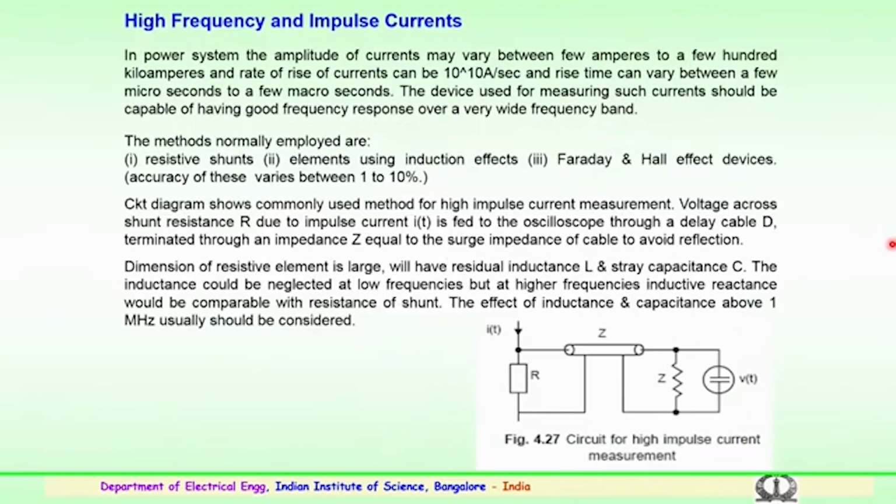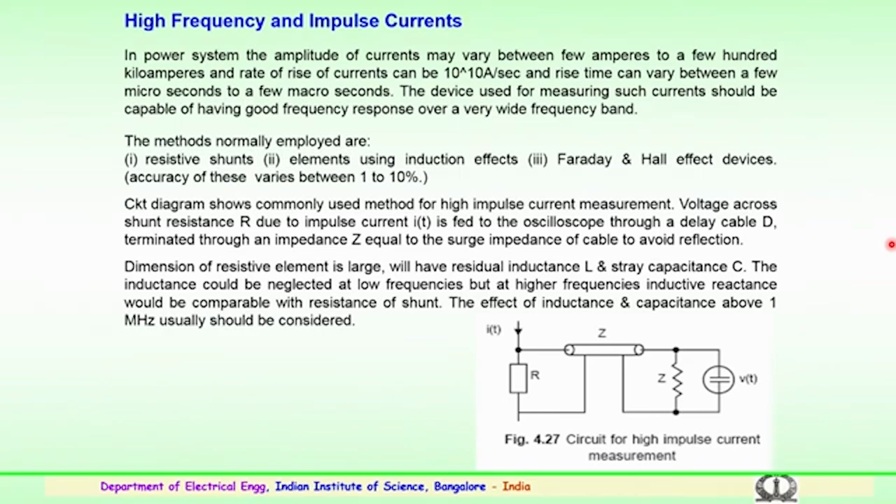carrying the current. For high frequency and impulse currents, in impulse measurements you have two important aspects. One is the measurement using a voltage divider, and the second is going in for the Rogowski coil. The voltage divider you again call a current shunt here. This again is a resistive element, with a number of elements connected in parallel, and it is used